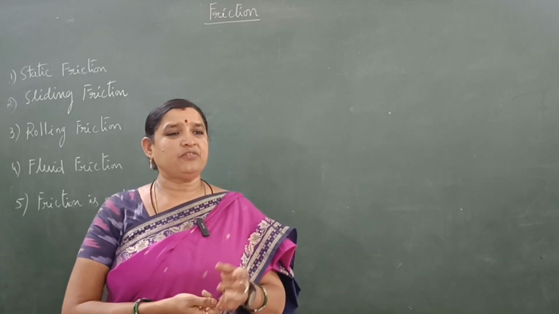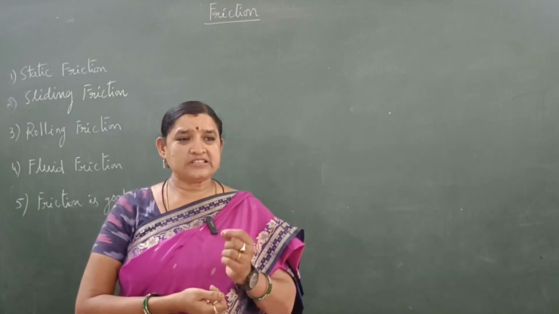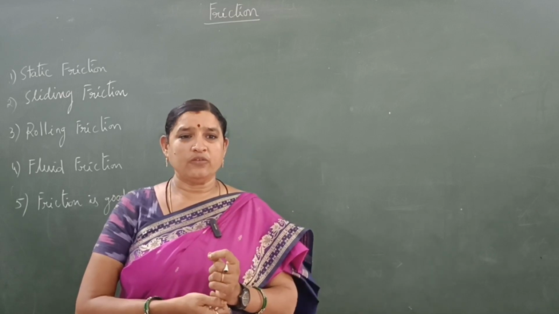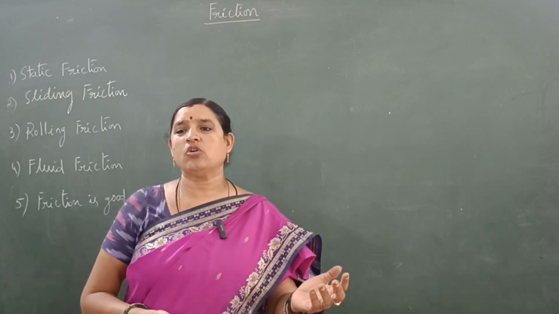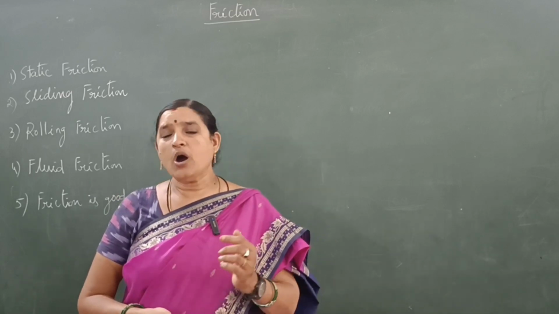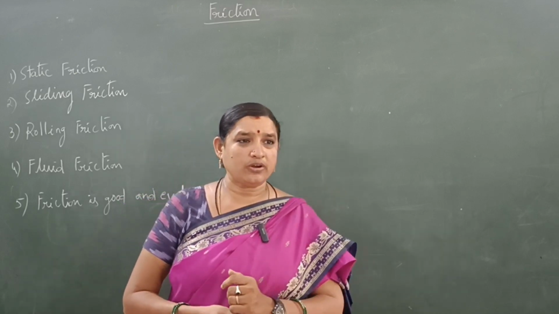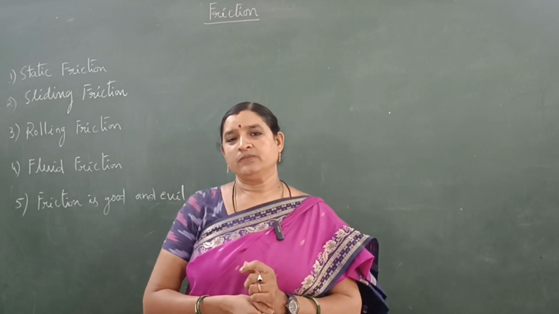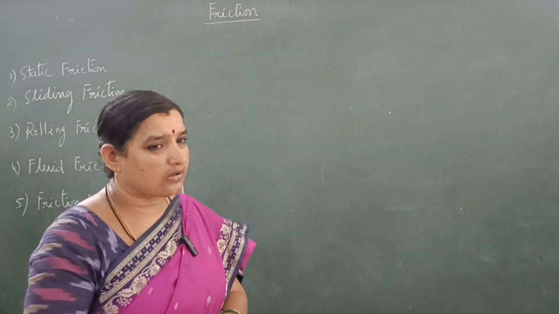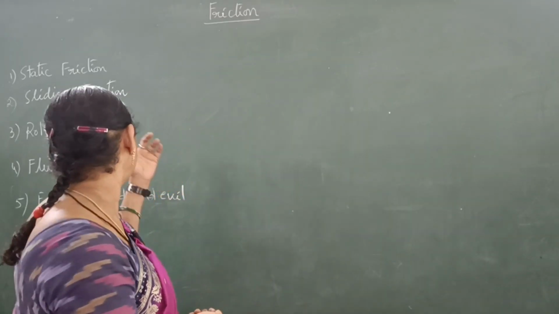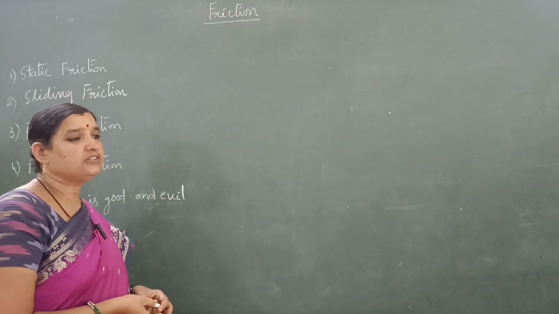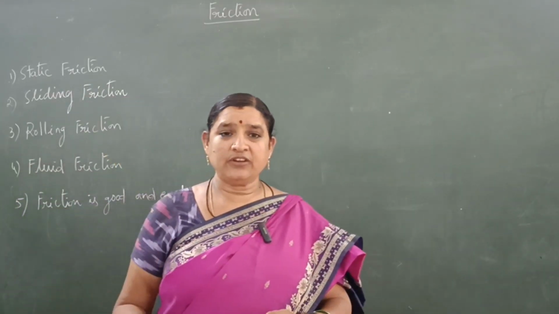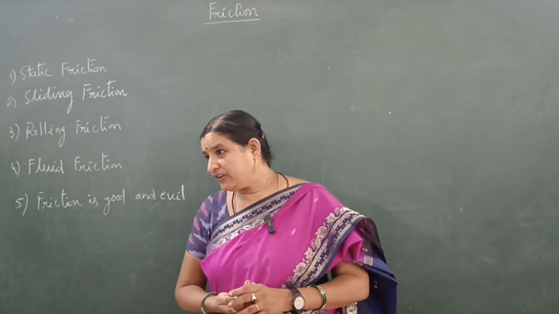It always works in the opposite direction to the motion of the body, or opposite to the applied force. This friction is classified into four kinds: static friction, sliding friction, rolling friction,